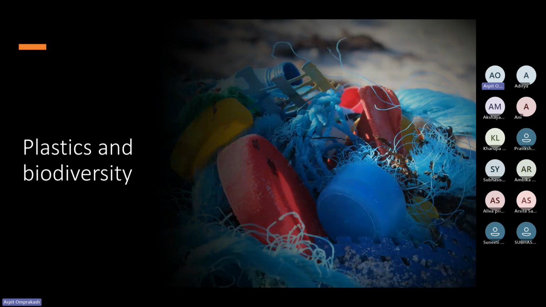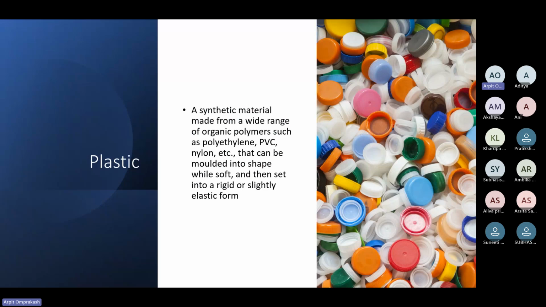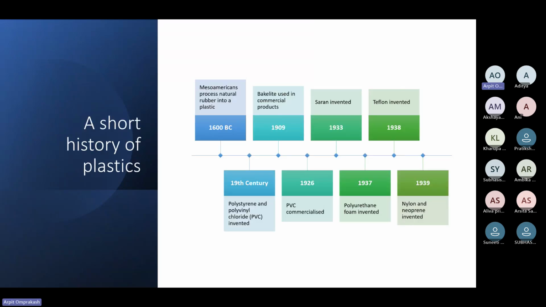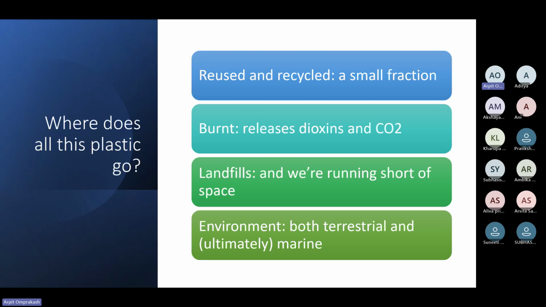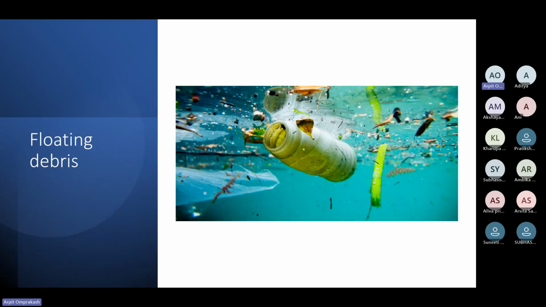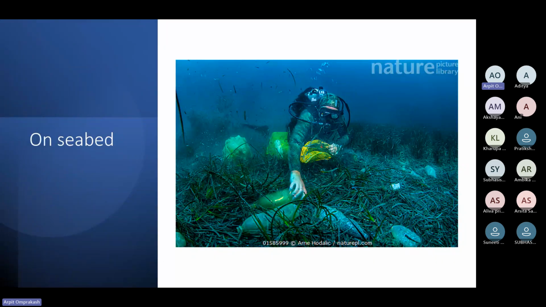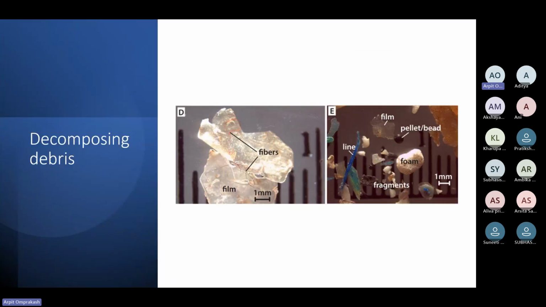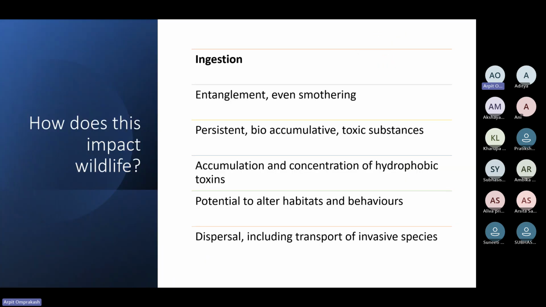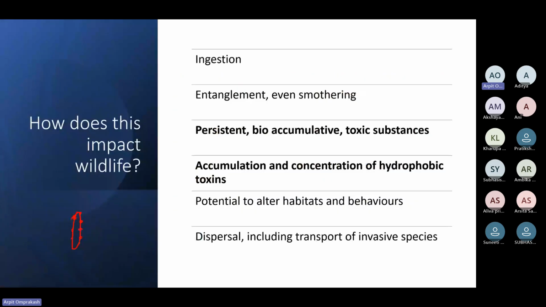We talked next about plastics and biodiversity. So what is a plastic? A short history of plastics. What is happening to all the plastics that are produced? Then basically, how do we classify plastics? How are smaller fragments produced? How are aggregates produced? How do they impact wildlife by ingestion, by entanglement, bioaccumulation of toxic substances, accumulation and